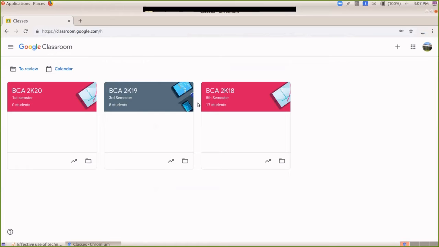In these classrooms, there are 2 classrooms where the students are actually allocated. In BCA 2K19, there are some students, and in BCA 2K18 also there are some students. In the last session, we have seen how to create the classes and how to assign the students to a class. So in this session, we are going to see how we are going to create the classwork, and how we are going to assign these classworks